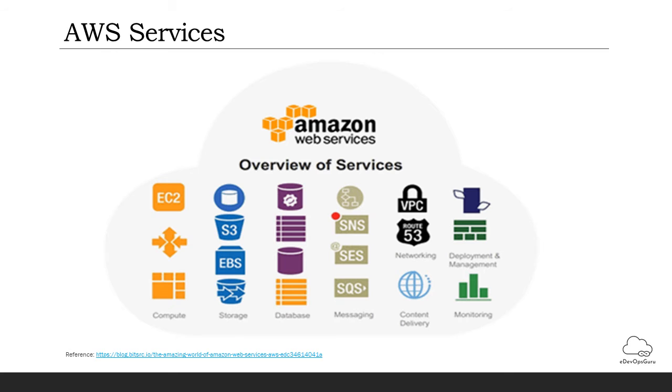Next service which we can cover is Amazon RDS, which is the Relational Database Service. It is a fully managed SQL database cloud service that allows you to create and operate relational databases. Using RDS, you can access your files and database anywhere in a cost-effective and highly scalable way.